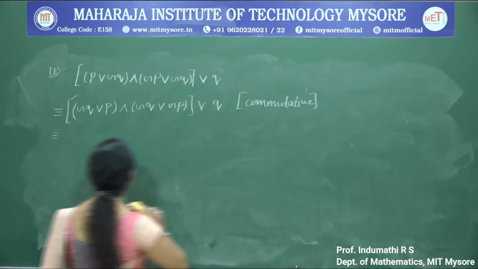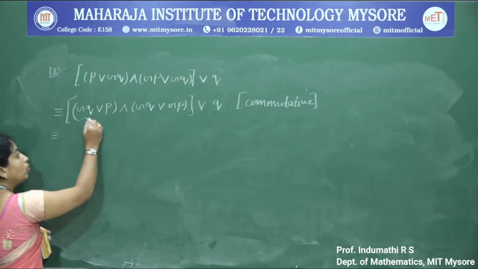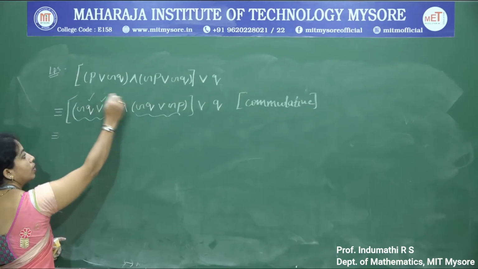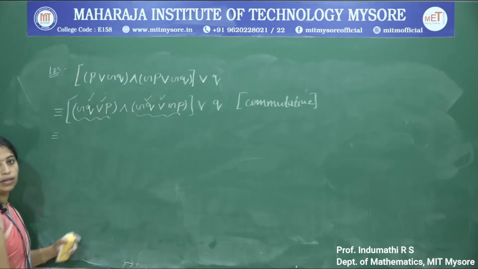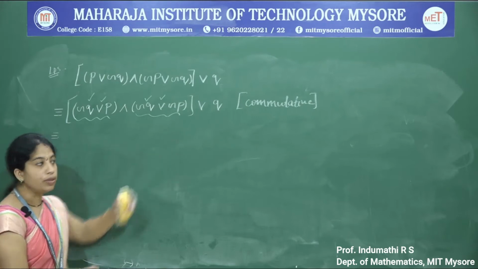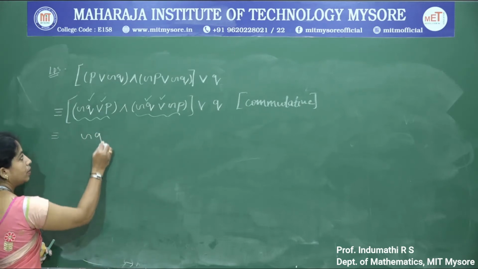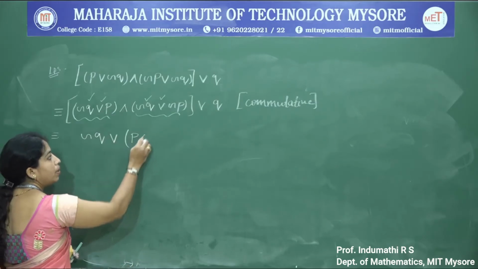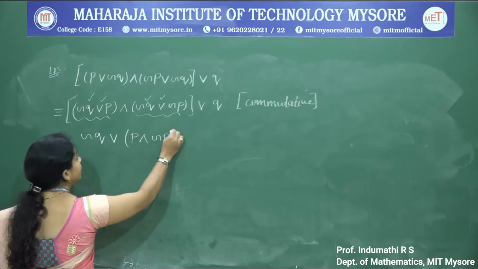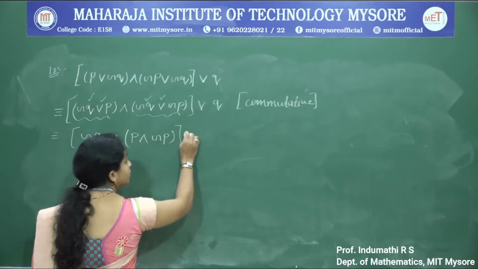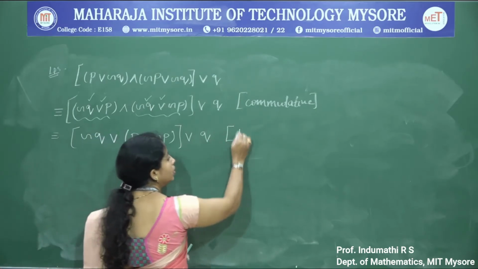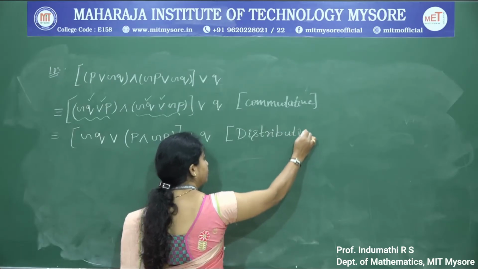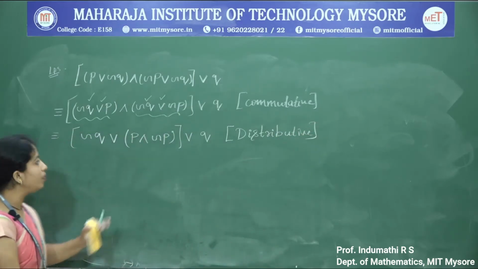Now here, see this compound proposition. There are two compound propositions. In these two compound propositions, the first term and the next symbol are similar. So we can apply law of distributive. Now how to apply? Write the first term, next symbol, open the bracket, the second term, middle symbol, and the last term, negation P. Write the last term as it is, disjunction Q. This is by using law of distributive.